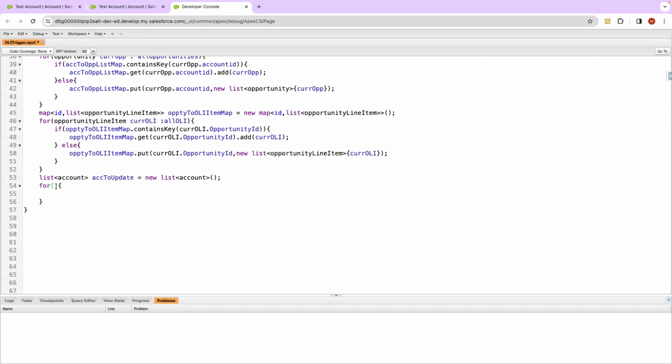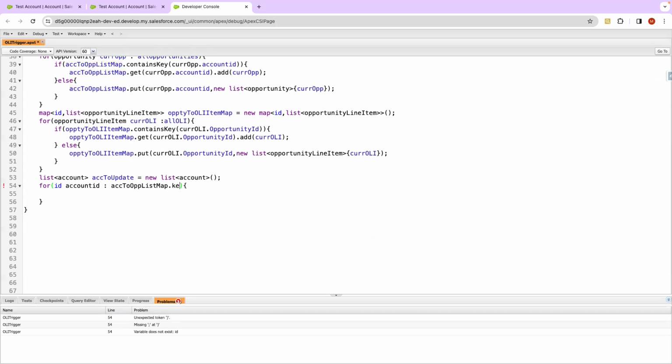So this time we will have account ID. There is one way we get the list of accounts via the key set of this map, or we can directly loop on account IDs, because we already have this map and the key set of this map is account ID. Okay, so if we try to do this,